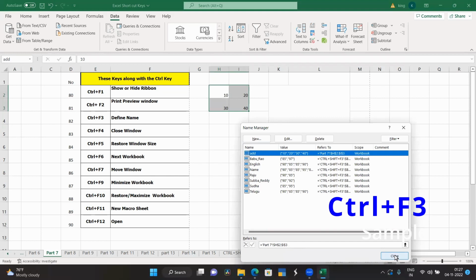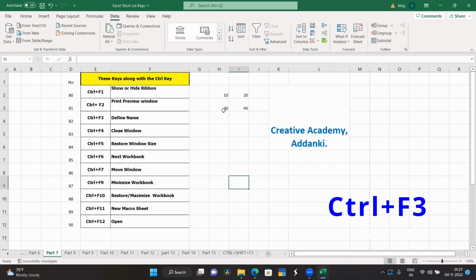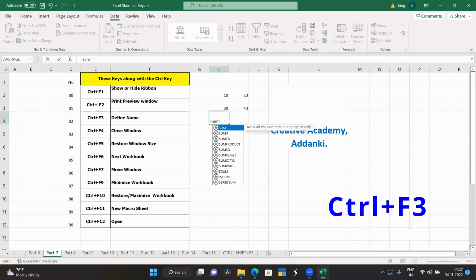Done. Okay, I'm closing it. Now I can use the name I gave for these four cells. I gave add, so now I can type equal to sum of